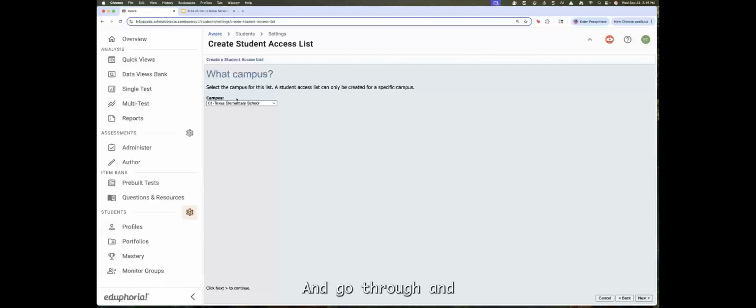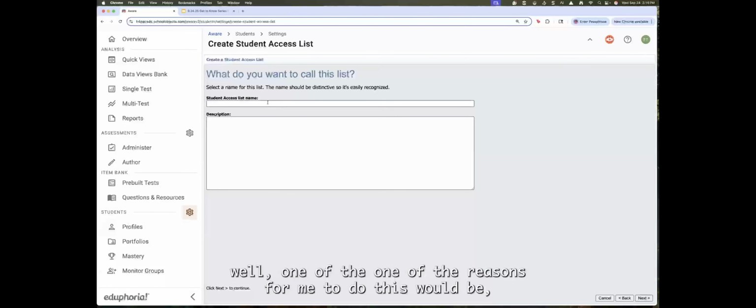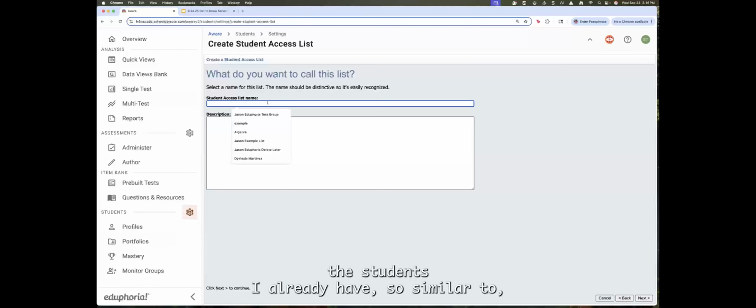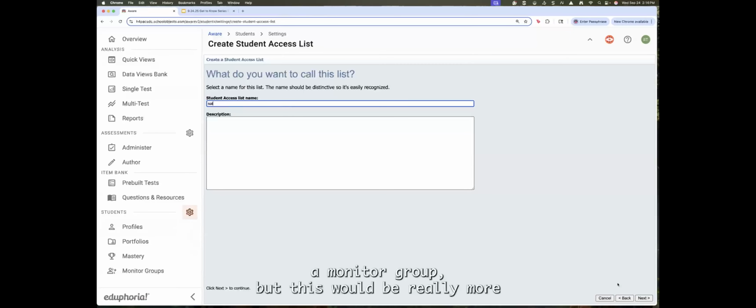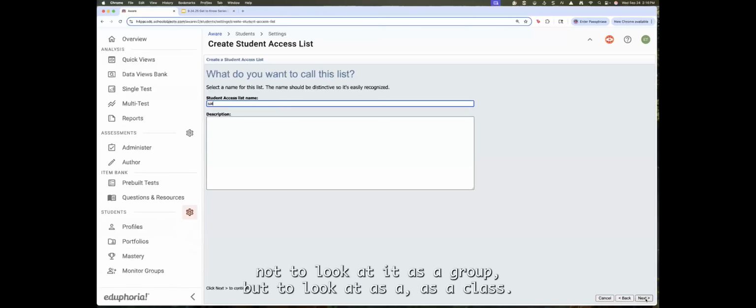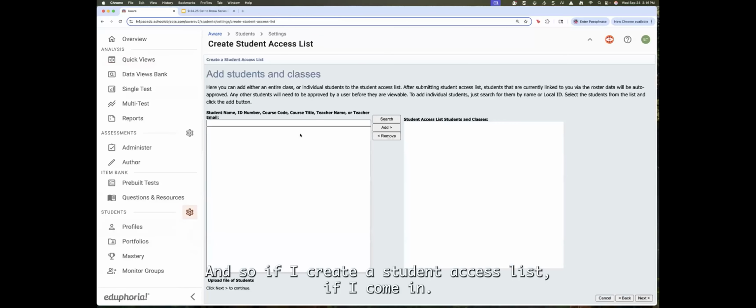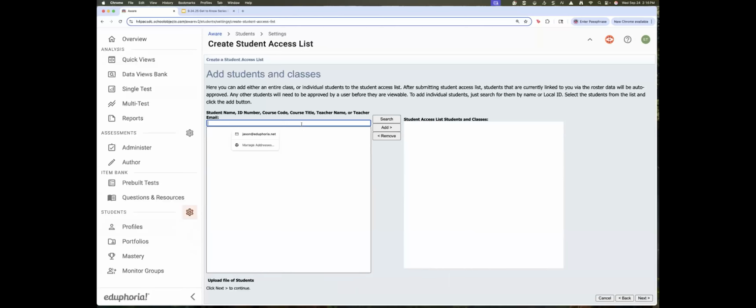and go through and pick the school that it's going to be at, well, one of the reasons for me to do this would be of the students I already have. So similar to a monitor group, but this would be really more not to look at it as a group, but to look at it as a class. And so if I create a student access list, if I come in,